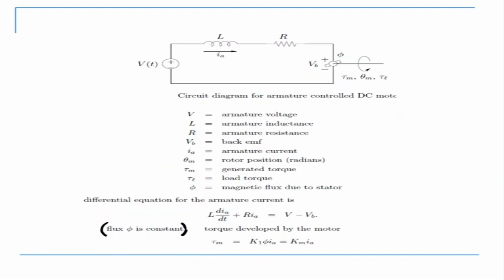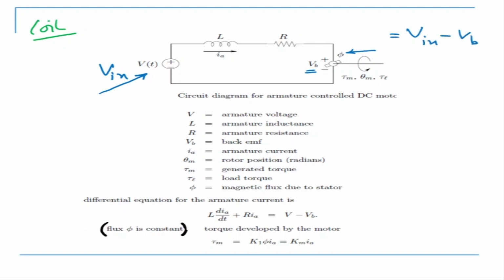Look at the circuit diagram of the rotor. So this is the rotor which is rotating. There are coils in the rotor. So this is my coil, and inside the coil we are giving a voltage, which is my voltage in. So this is V in. This is the voltage I'm giving to the motor. There is a V back which is being generated here. That's my VB or V back. So the total voltage in the system is equal to V in minus V back.